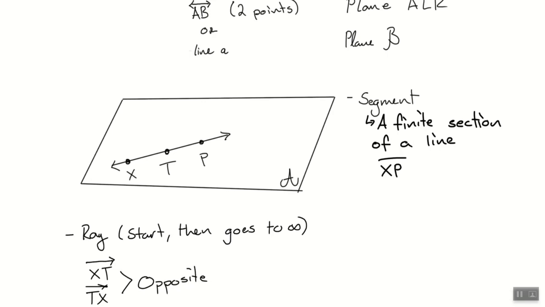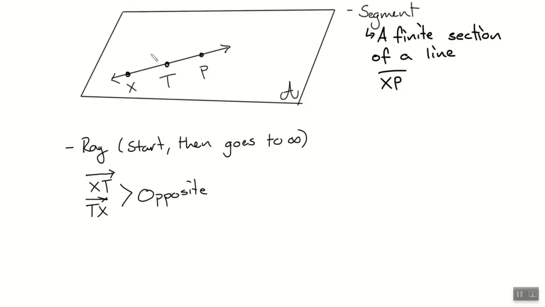All right. There's one more thing that I'm going to put up here. I'm going to add one little piece to this picture that I have. I'm going to say from X, I want to have ray XR. So I'm just going to put point R somewhere, and I'll say it goes forever. I'm going to claim that I've just formed something that's going to be a fundamental point of study for us. Angle. We have formed an angle.